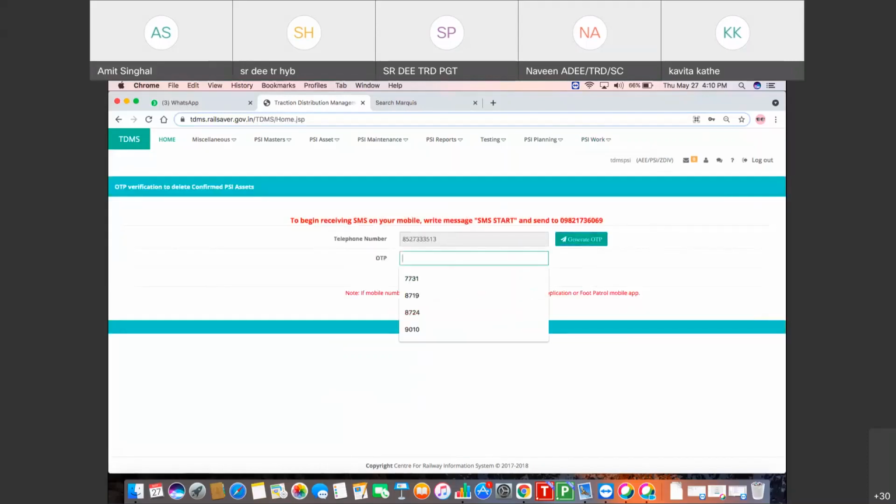This functionality has been provided at senior DE level. Only through senior DE login may the confirmed PSI assets be deleted.